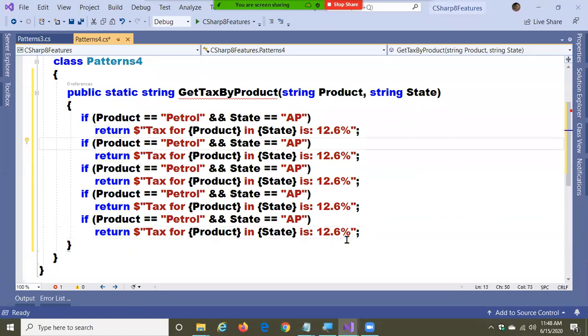Petrol, state is Telangana, think like 12.8%. The state is Tamil Nadu, the tax is going to be 12.9%. Same way.